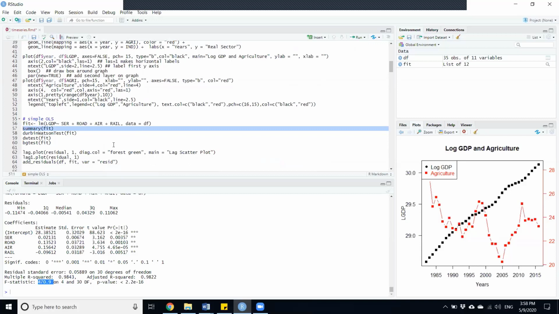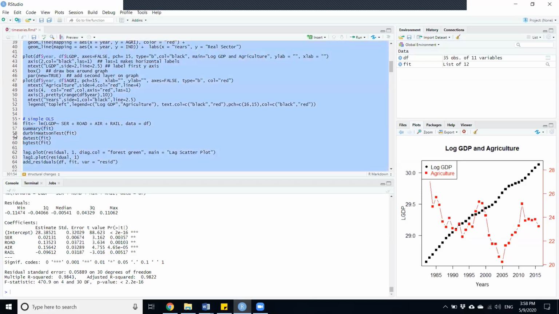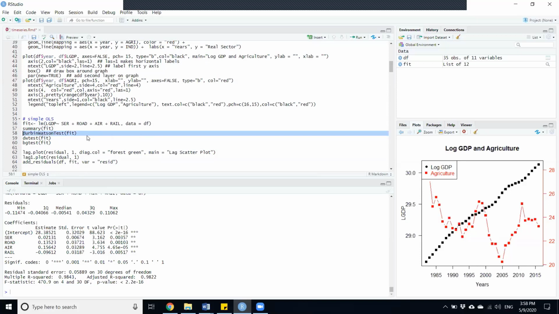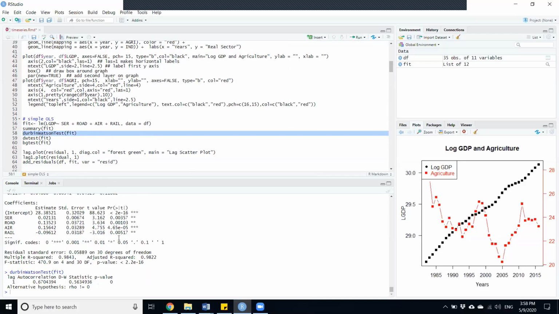Since the data is time series, the most common problem it may face is the presence of non-stationary nature and autocorrelation in the residuals. So we will check the autocorrelation here. The command used is the Durbin-Watson test on the fit model. If you execute it, it will say that the autocorrelation lag test is 0.67 and its p-value is 0.